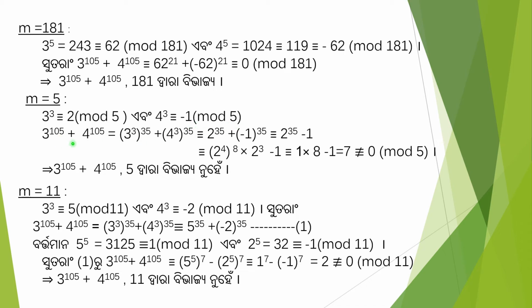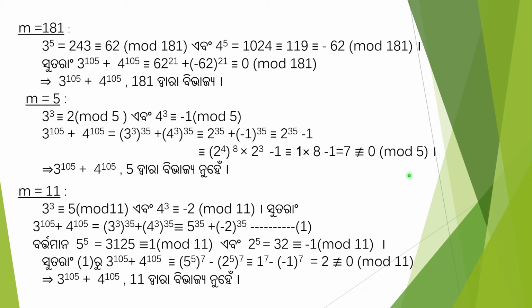So 3 to the power 105 plus 4 to the power 105 is equal to (3 to the power 3) whole to the power 35 plus (4 to the power 3) whole to the power 35, that is congruent to 2 to the power 35, because 3 to the power 3 is congruent to 2 and 4 to the power 3 is congruent to minus 1, so we get plus (minus 1) to the power 35, that is congruent to 2 to the power 35 minus 1, congruent to (2 to the power 4) whole to the power 8 into 2 to the power 3 minus 1, that is congruent to 1 into 8, because 2 to the power 4 is